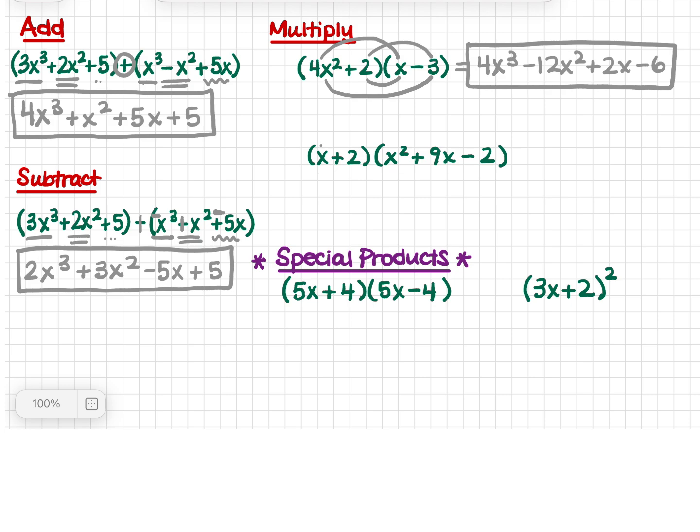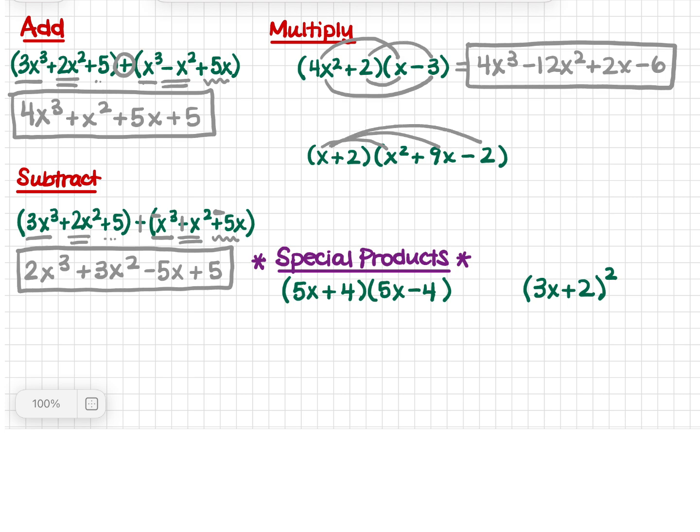Another way is you could take the x times each of those, and then the 2 times each of those. Either way, you should get all 6 pairs. Just depends on how you're used to doing that. I'm used to doing it taking the x times all 3 of these, so I'm going to do